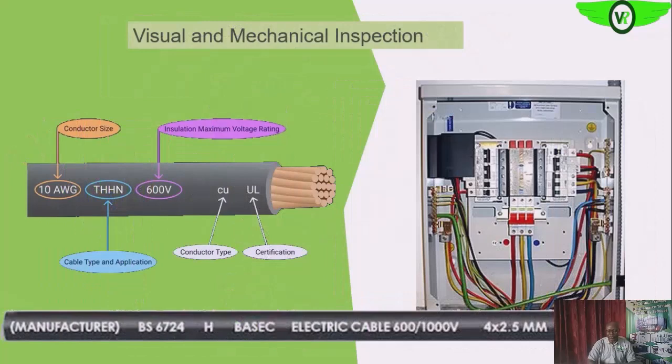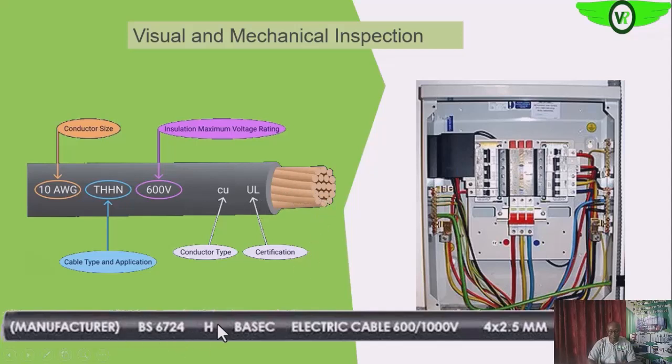So as you can see on your screen, these are cables and these are the various specifications of the cables. Here we have the size of the cable, then we have the class of the cable, that is the insulation class of the cable. Then here is the amount of voltage for which that cable is designed, which means that this insulation can operate normally under this voltage condition. So the conductor type is copper, and this is the standard to which it was